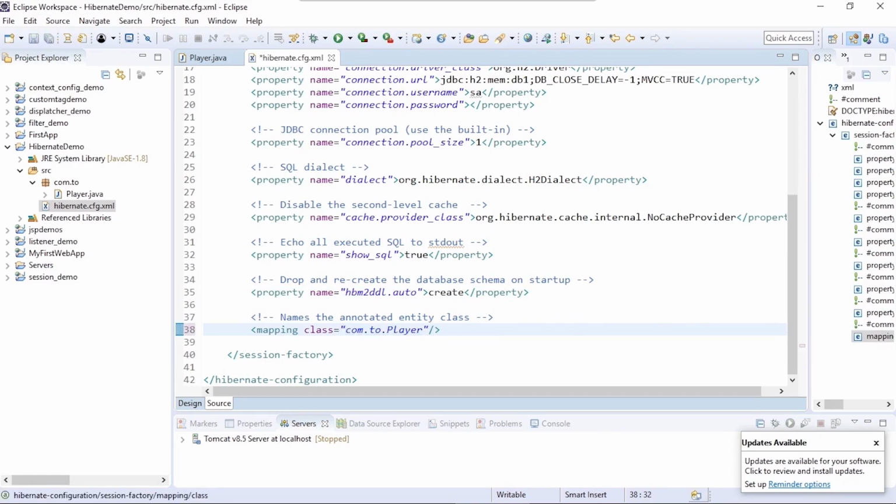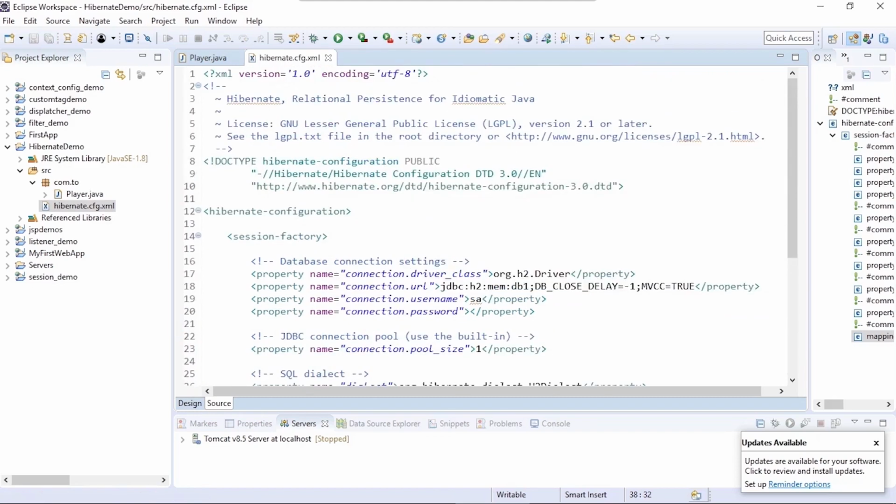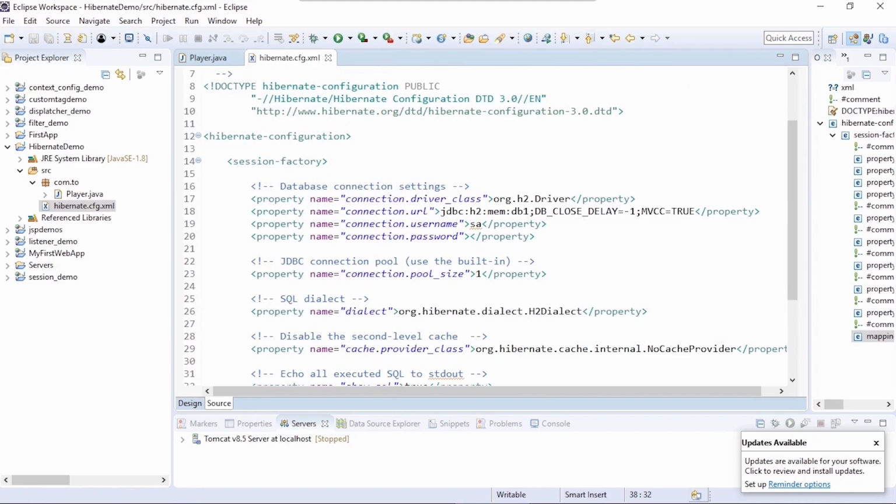Okay, so that's the change we have made. Then let's come to class, and this will be com.mysql.jdbc.Driver. Let's come to the connection string: jdbc:mysql. Since we are connecting to a MySQL database,